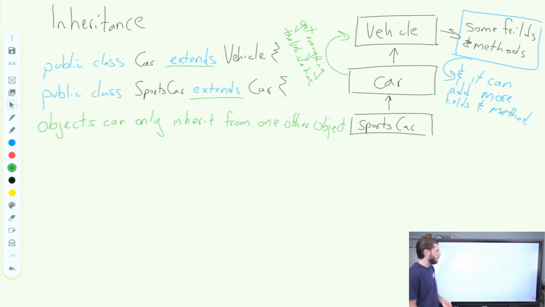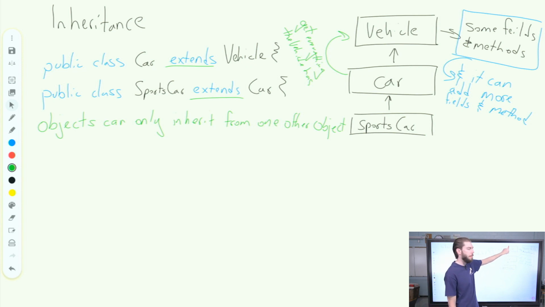This is really cool. So we can inherit from those other objects, but we can have a chain that goes back. So for example, if I want to use a method on sports car that sports car hasn't written, Java